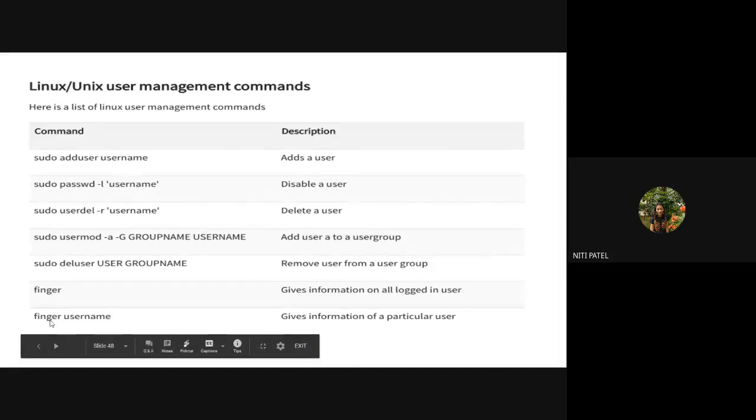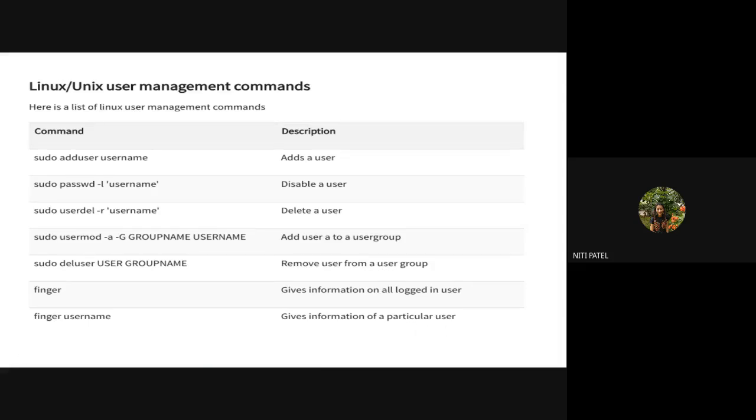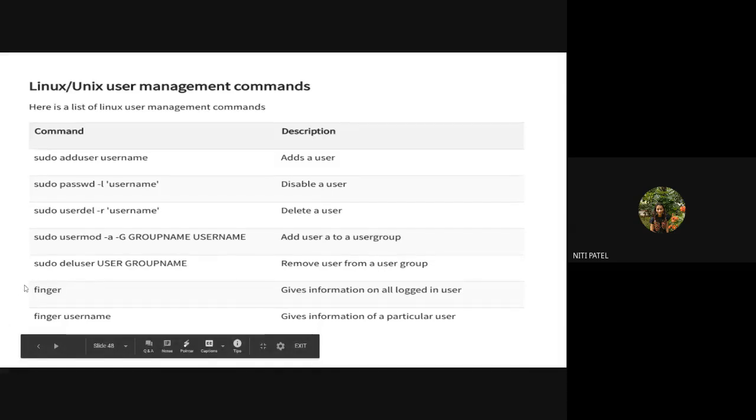So this command can be executed only by the root. If I want to know the information about all users, I can use the command finger username, but this command will be executed only by the root. Why? Because it is giving me every piece of information about a particular user. But if you are a normal user and you just want to check who the other users in the system are, you can always make use of the command called finger. So this can be executed by the normal user as well as by the root, but the other command can be executed only by the root user.